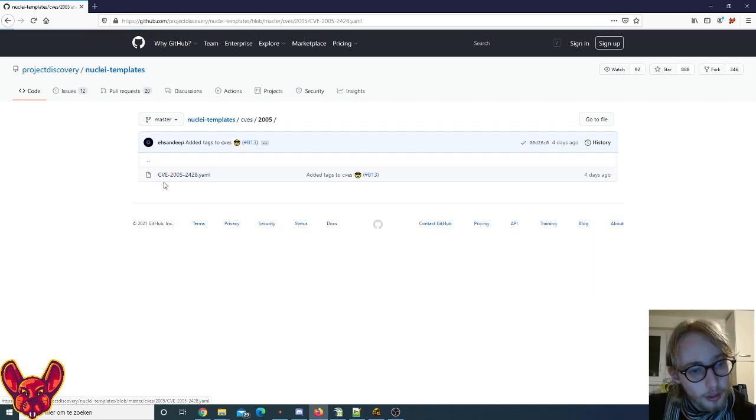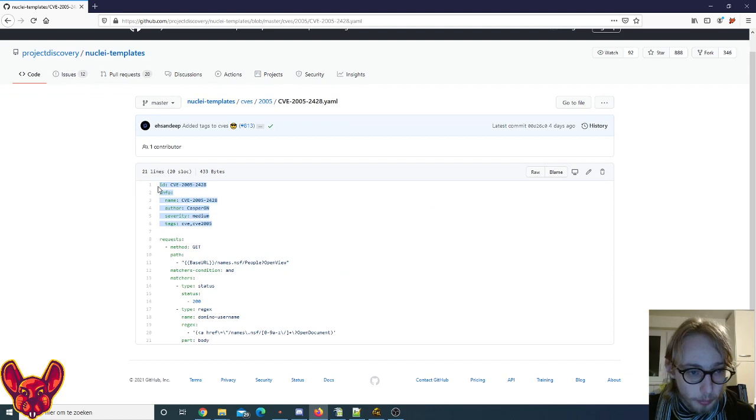So if we look at this YAML file, we can see some basic metadata in here. This is stuff like an identifier, a name, an author, severity, tags, all that kind of stuff. And then we start with the real meat. Then we start defining which requests we have to do. Now, if we want to do multiple requests sequentially, we'll get to that later, but first let's start with some really simple stuff. This is just one GET request to the path base URL, which will be the one that we feed it through our list of URLs, of course,